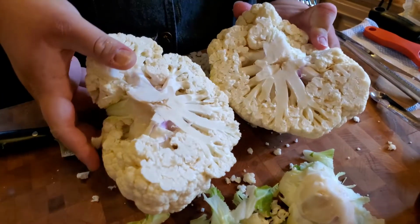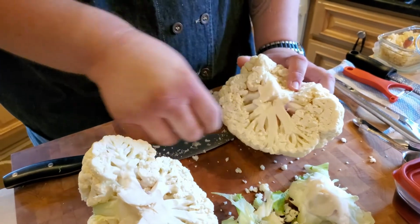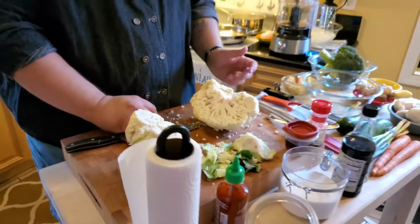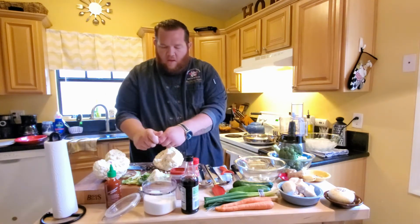Okay, you can see the inside of the cauliflower, how beautiful. So you can kind of see where all these thicker stalk pieces are, and then you have the florets on the top of the cauliflower, the part that most people prefer to eat. So we're going to take those, and we're going to start breaking them off. You can break them off with your hand, okay? You want to use as